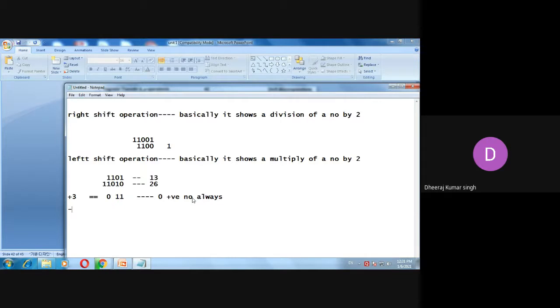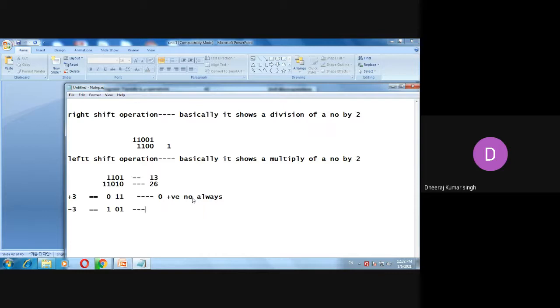Suppose someone said this is minus 3, so how is it going to be represented inside the memory? Whenever we want to store this number, it will be stored inside the memory in the 2's complement form. So what is the 2's complement of 1 1? The 1's complement of 1 1 is 0 0. 2's complement means 1's complement plus 1, so add the 1 there. So 0 1 is there. So 1 is the sign bit, and the 3 is in 2's complement form. So 1 0 1 is there.